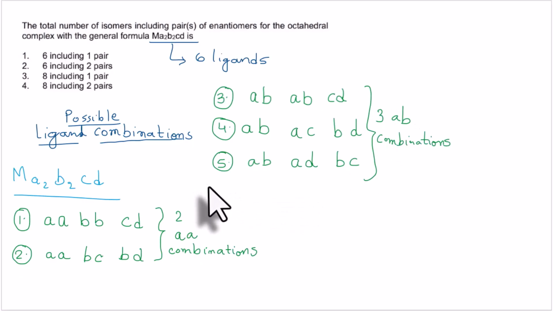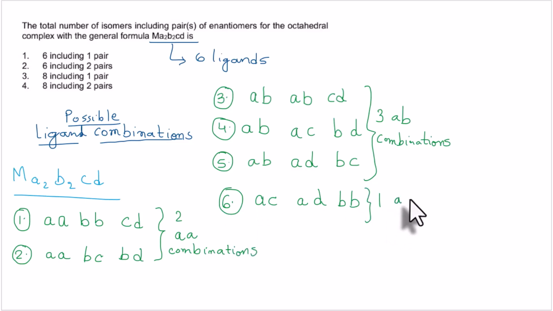Now what else are we left with? After AA, AB, we can also have AC. So we have the AC combination, and what happens to the other two pairs of ligands? AC, then AD, AD and BB. So AC, AD, BB. Let's check whether we have any other combination which is AC, AD, BB. We have AC, AB, BD. No. AC, AC. No. AC, AD, BB is not there. So this is the sixth ligand combination.